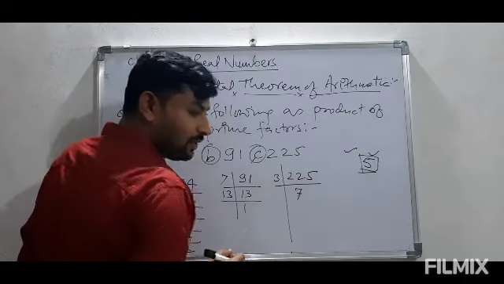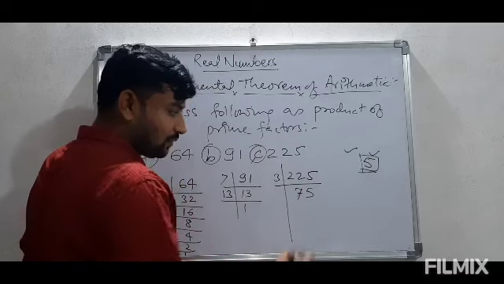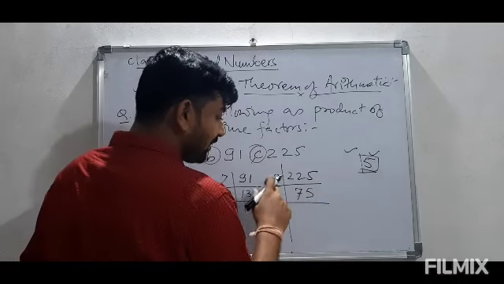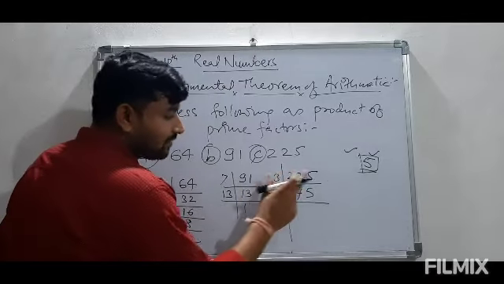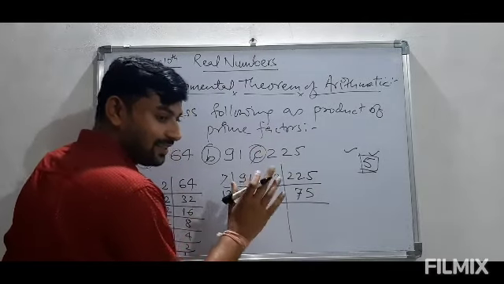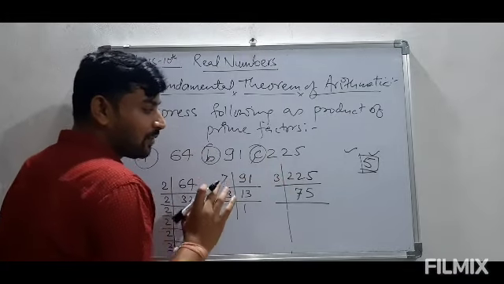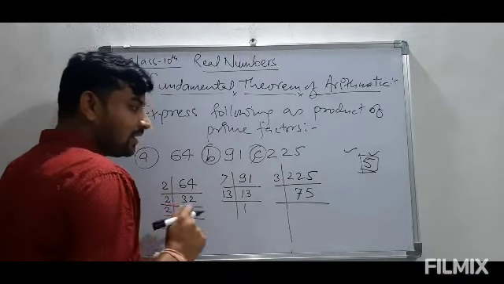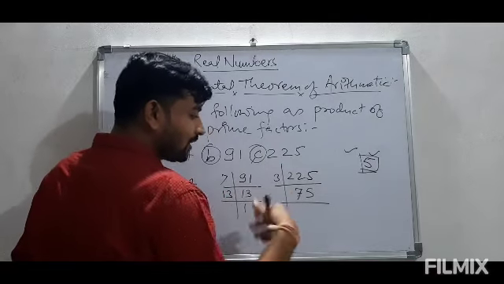So 1 5 will become 15, so 15 divided by 3 will be 5. So this is what we get. Again we have to check about 3. Now see, once a number is divided by 3, we have to make sure that it is not divisible by 2, then only we will come to 3. Now as we are dividing by 3, we have to again check for 3.